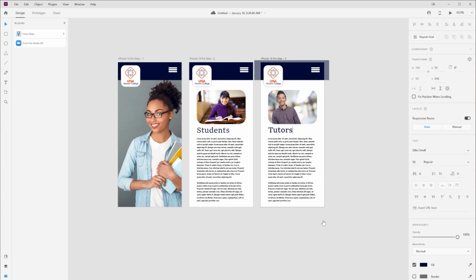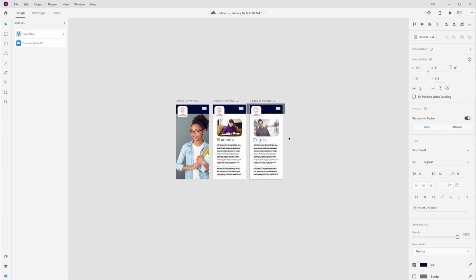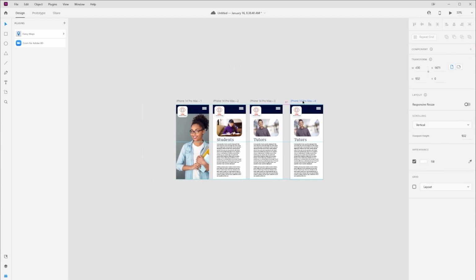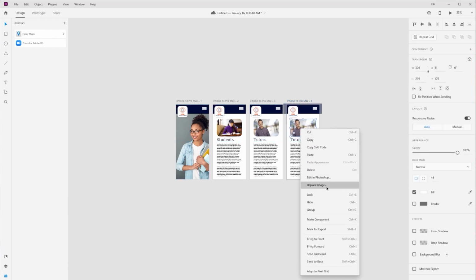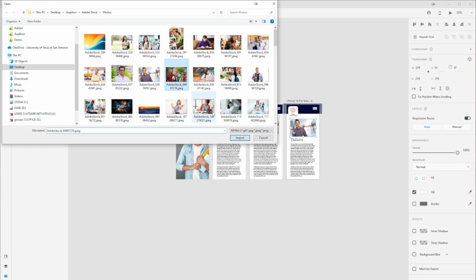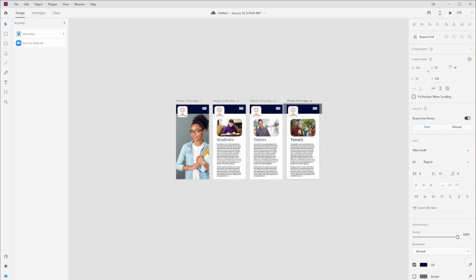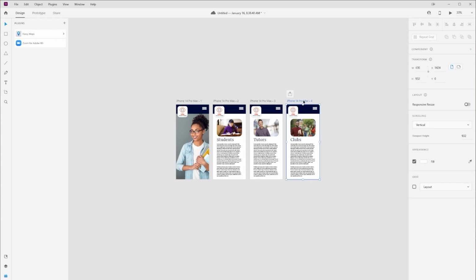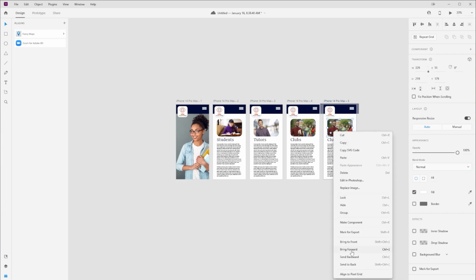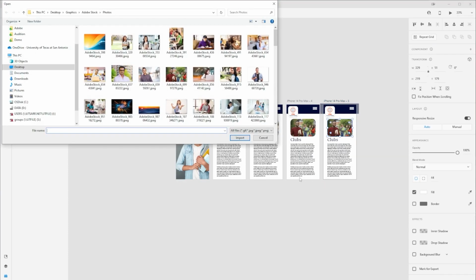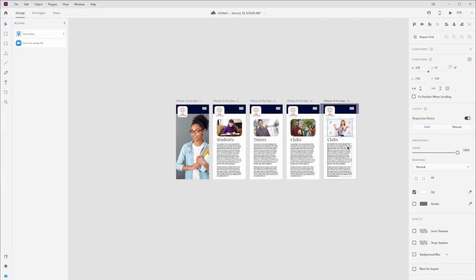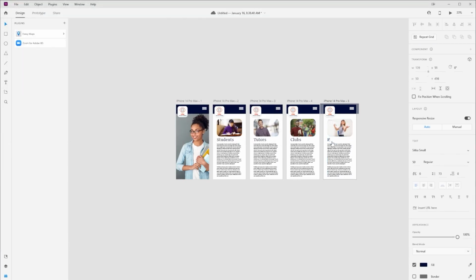All right. And then I'm going to zoom out a little bit. I'm going to do the same thing. Click on this, hold down that Alt key, drag it over, get it to 50 pixels, click, right click, replace image, use this one right here. And then maybe I'm going to say clubs. And then let's do one more. Click on this up here, hold down that Alt key, drag it over 50, click, right click, and replace image. And then I'm going to put this one in, double click, and say faculty.